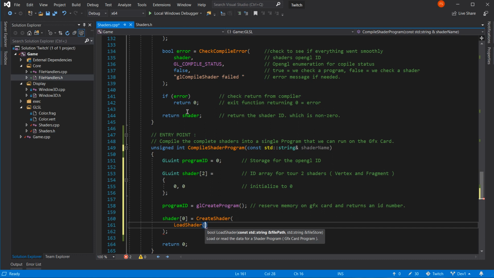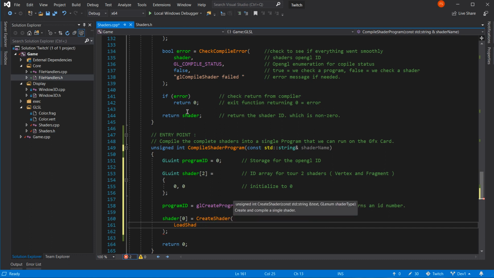Can't, otherwise it will get an error, not the shader. So we need to load it first. Okay. Into a file store. Okay, I can do that. File store is what?